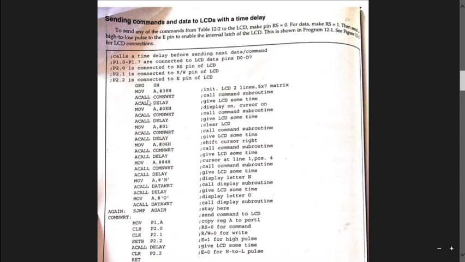What is the full form of ACALL? There are 2 types of call, ACALL and LCALL. ACALL is called absolute call, and LCALL is called long call.